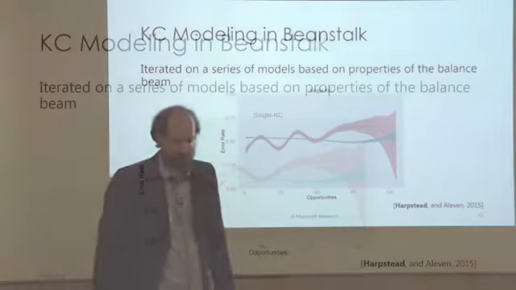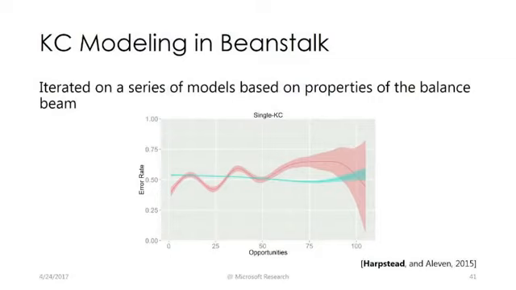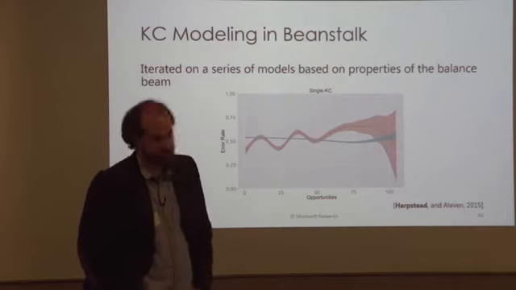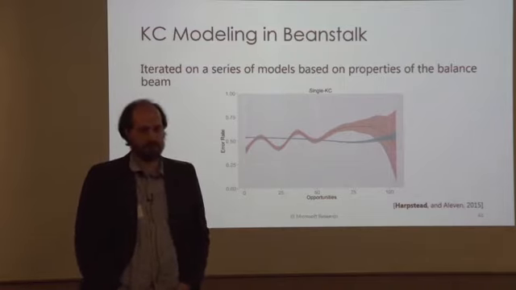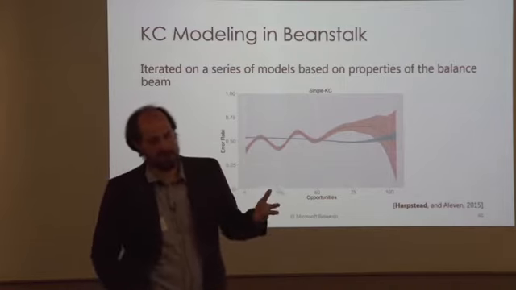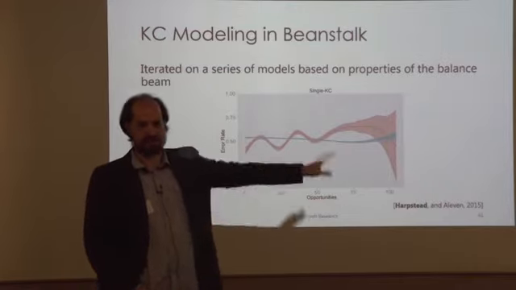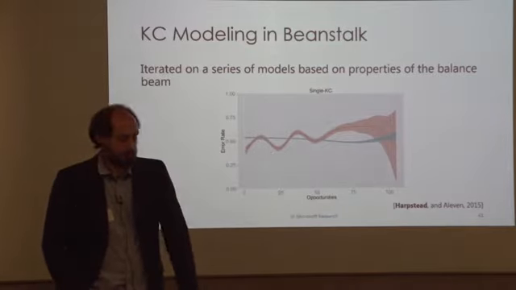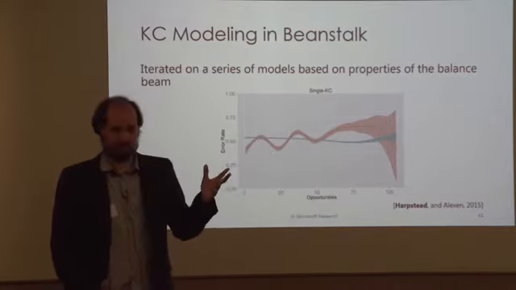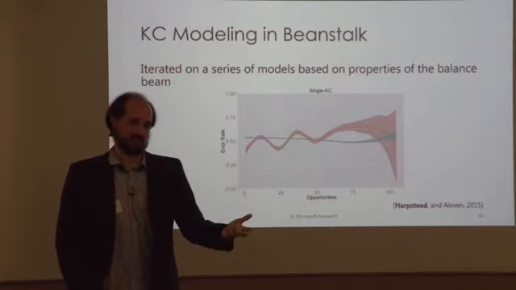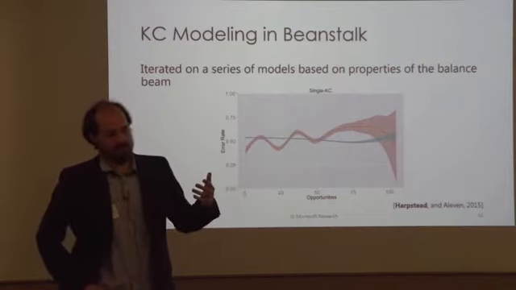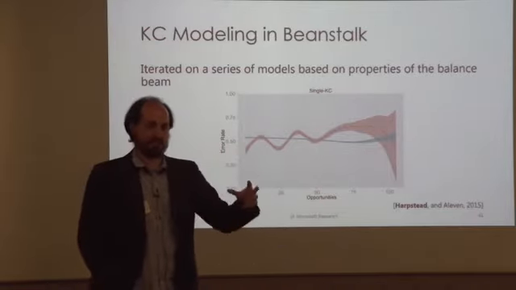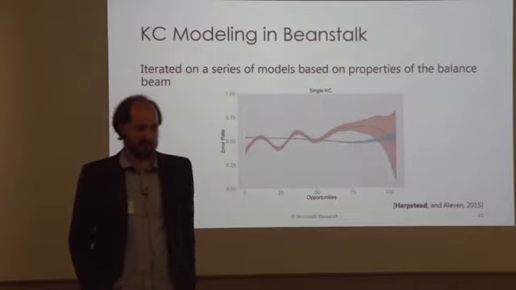So in doing KC modeling in Beanstalk, we iterated through a series of models, which is common practice in this technique. The first one we start with, which is a pretty common thing to start with but also meant to be a straw man, is the single KC model. This is essentially saying there is one knowledge component in this entire game. It is playing Beanstalk, or if you like, balancing beams. And it's actually a really bad assumption. It's like saying someone is good at chess. We say it colloquially, but there are actually several thousand, if not million, skills involved in playing chess. So looking at it as a single unit skill is not very appropriate.